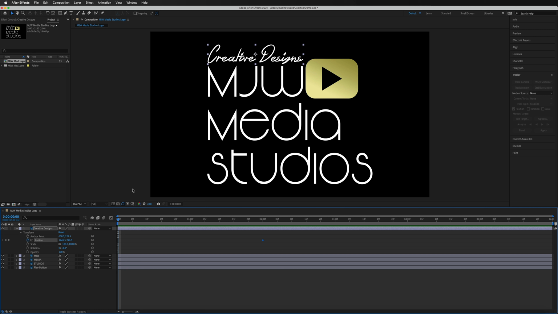However, if you do accidentally select your stopwatch thinking that you're going to create a new keyframe, what this is actually going to do is the complete opposite. It's going to remove what we've already put in. At the moment, we can see at the 2 second mark, we've got our keyframe there. If we hit that now, it's going to remove it. So essentially, it's going to undo any keyframes that you've already created. So first things first, let's move that playhead back to the 2 seconds, create our position keyframe once again, move that back to the start, and now we can start animating this by adjusting some of these numbers.